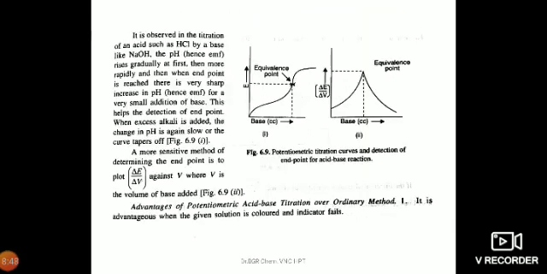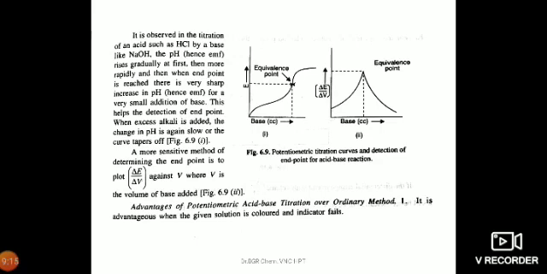This is the principle of acid-base potentiometric titration. It is observed in the titration of an acid such as HCl by a base like sodium hydroxide. So, in the beaker you are taking HCl and placing a hydrogen electrode and a calomel electrode, and in the burette you will be taking sodium hydroxide, and gradually you are going on adding alkali to the HCl so that the neutralization process takes place.